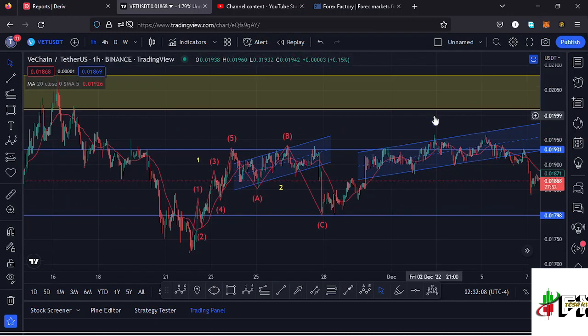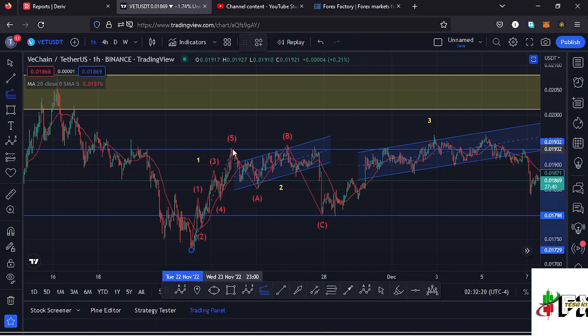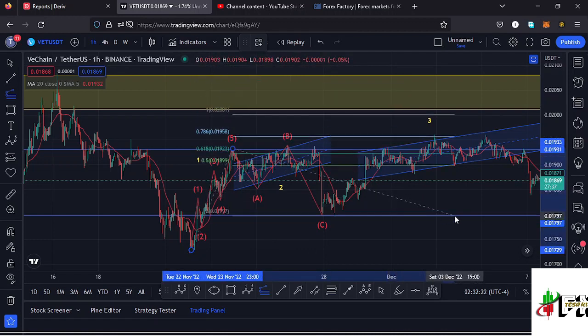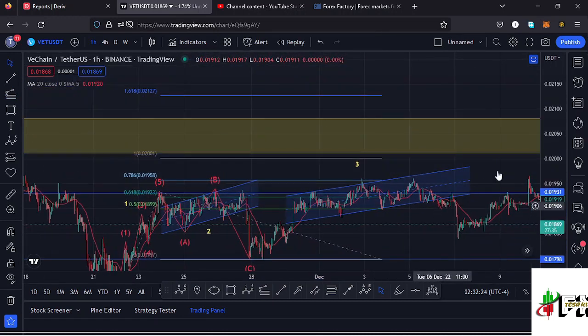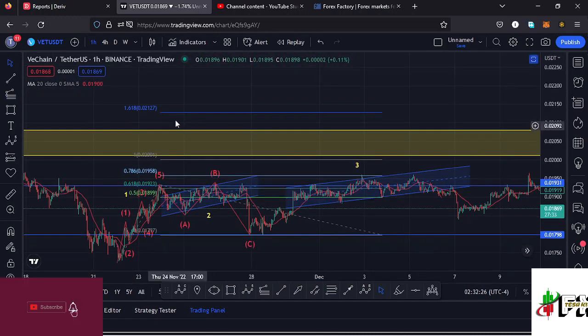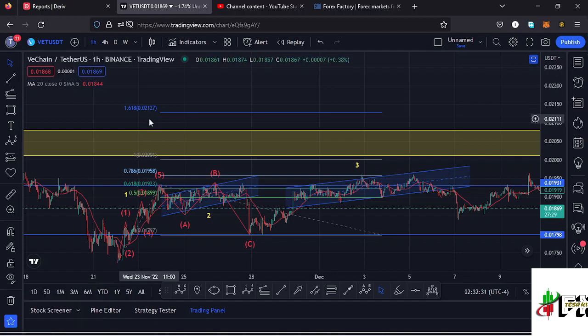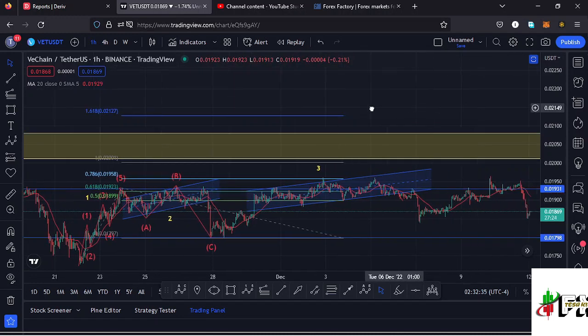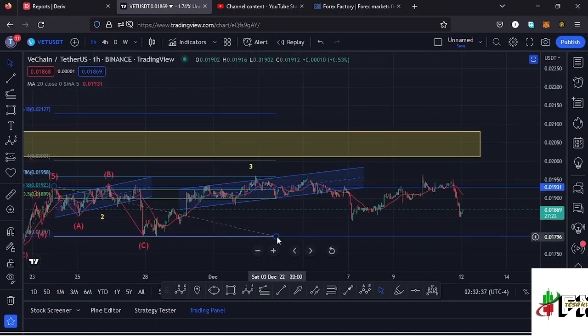And after seeing the formation of a higher Elliott wave count 2, whatever we expect next is a bounce to the upside, the formation of a higher Elliott wave count 3. Using the trend-based Fibonacci, we can sketch out a minimum target area to the upside in the formation of this wave 3 by connecting the trend-based Fibonacci from the low of the first wave to the high of that wave 1, then dragging the fibs to the low of the second wave. That gives me a minimum target area to the upside in the formation of that wave 3 at the fib level 1.618, which perfectly lies at around the $0.021 mark, and that is the minimum that I would expect that wave 3 to the upside to do.